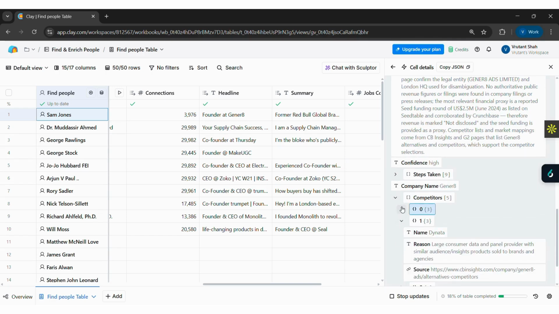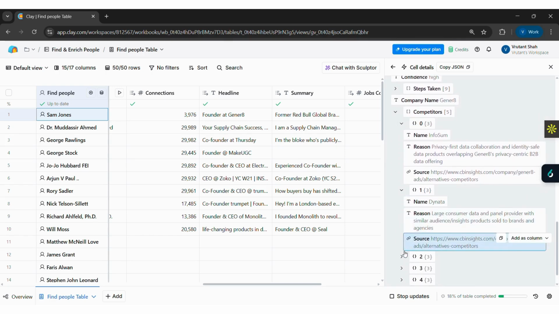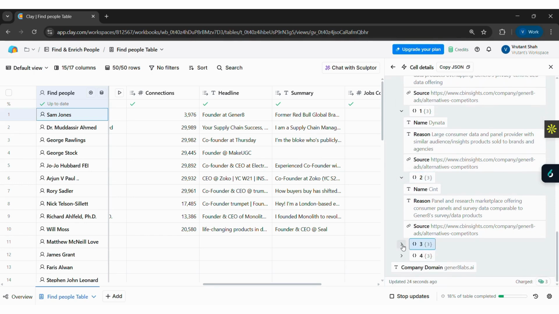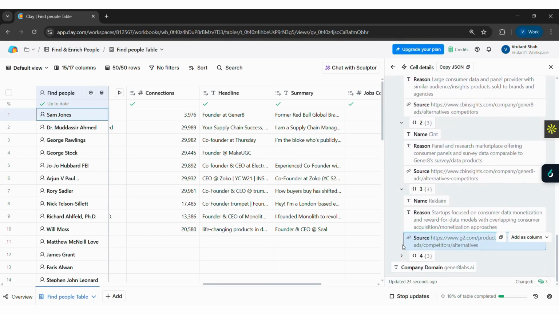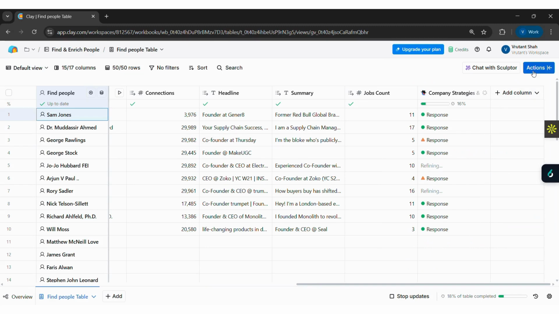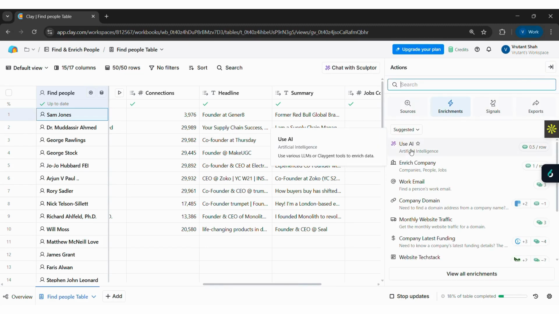So this gives me a complete, clear idea in terms of the deep research that I want to do for a particular company. Now we'll see how to use this to further create a personalized intro that can be sent in our cold emails for this particular prospect. So what I'll do is again go to actions, I'll use AI and I'll put in a prompt that